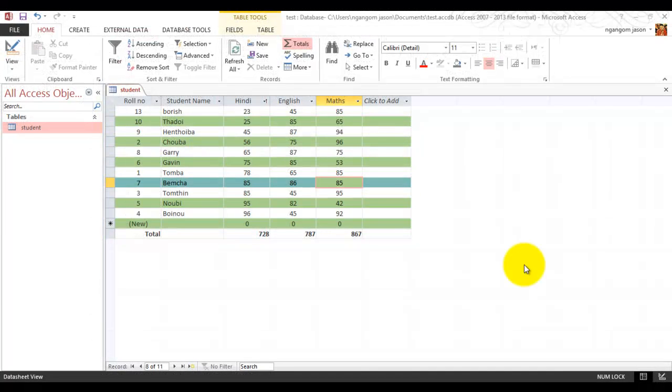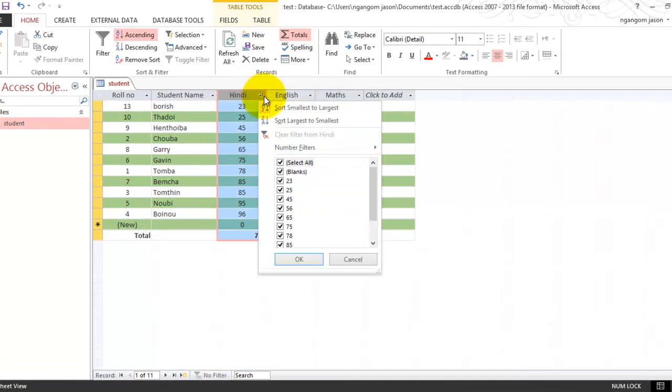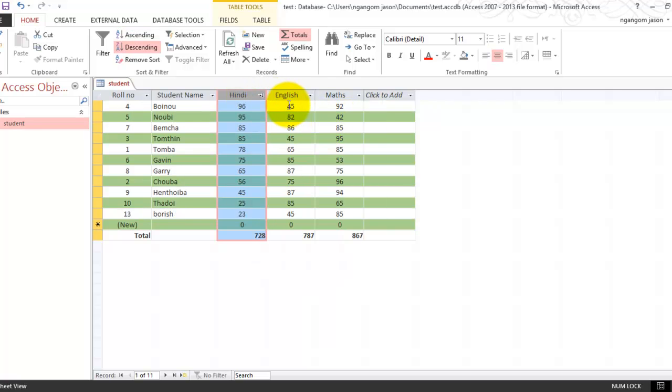After doing this sorting of data, you can click on this small icon, the small arrow which appears, this upward and downward arrow will appear in the sorting field name. You can click over here and change the ascending or descending order. While clicking on this, this menu will appear, and you can select from smallest to largest or largest to smallest, like this. And when you apply this sorting, above that field this small arrow will appear,